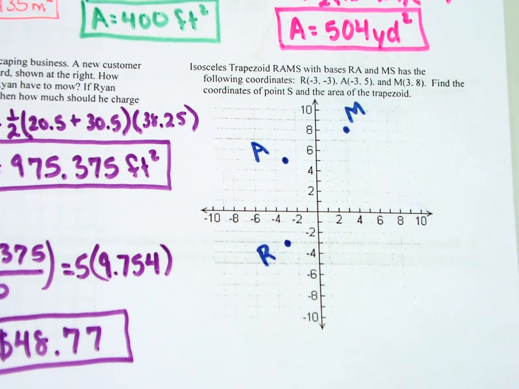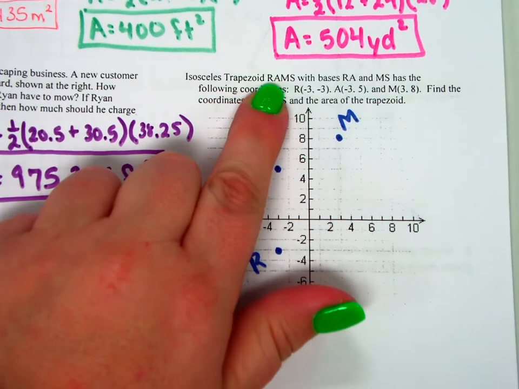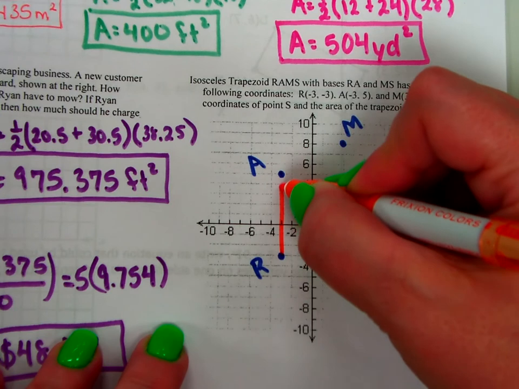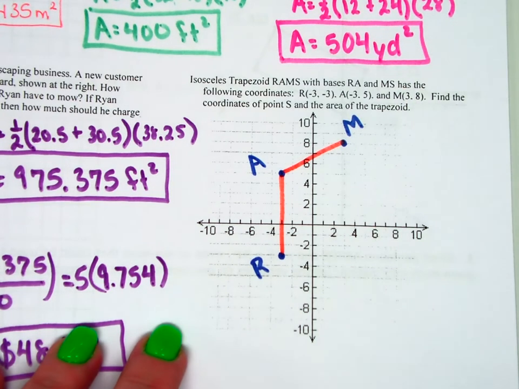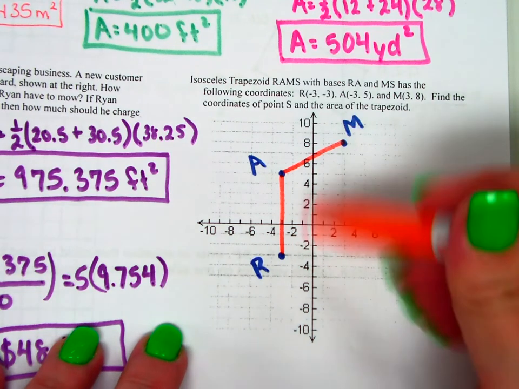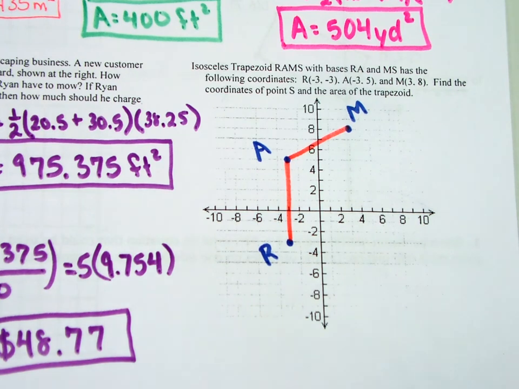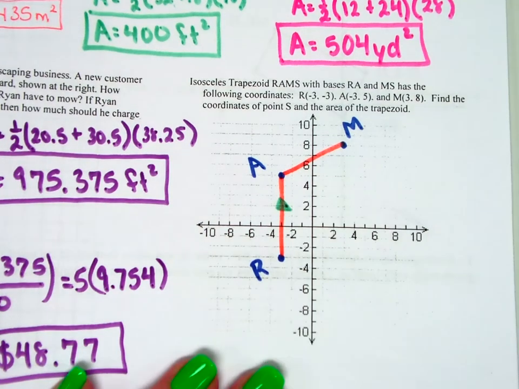We know that we have to walk around our shape so we don't fall in the hot lava. We've talked about that lots and lots, so we know that has to be true. So when I connect, I have to connect in the order R, A, M, S. So I connect from R to A, and then A to M, and then I'll have to put S somewhere so it'll connect, and it makes a trapezoid. Where my bases are RA, which is vertical,